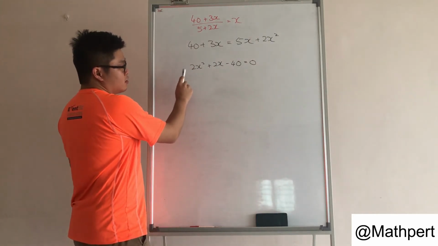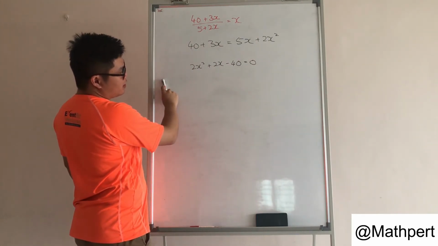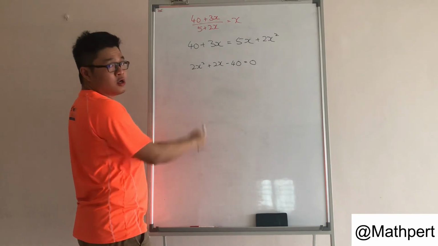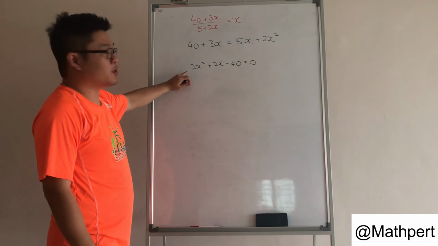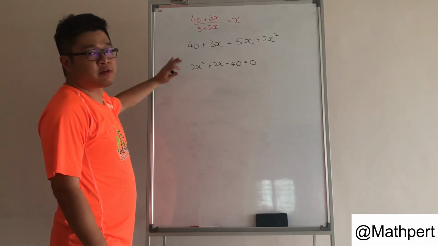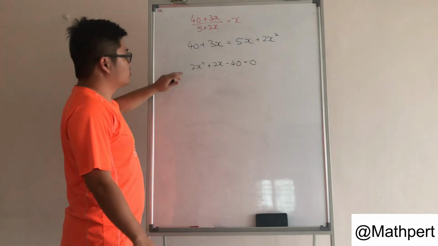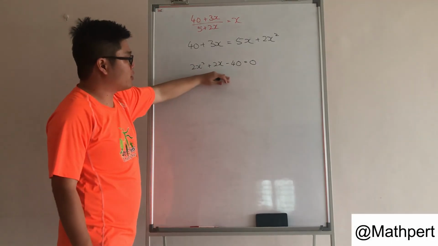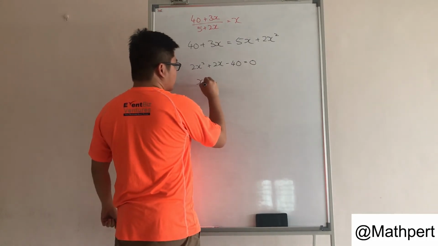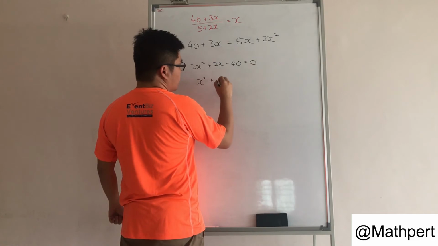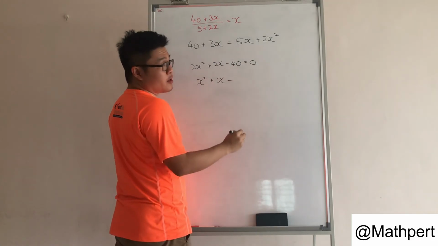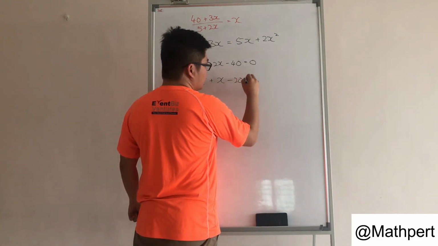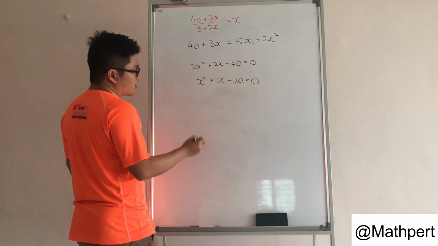Okay. The whole equations we can divide by 2. The reason why we want to divide by 2 is because we want to make the factorization simpler. So this, the whole thing divided by 2, we got x squared plus 2 divided by 2 is 1. X 40 divided by 2 is 20 equals to 0. And we solve it